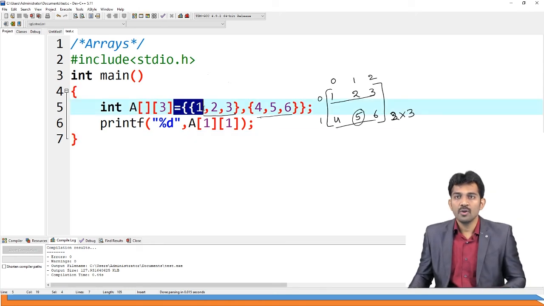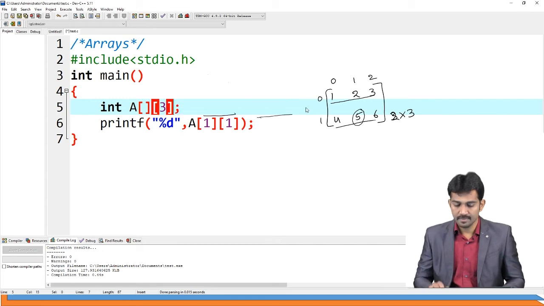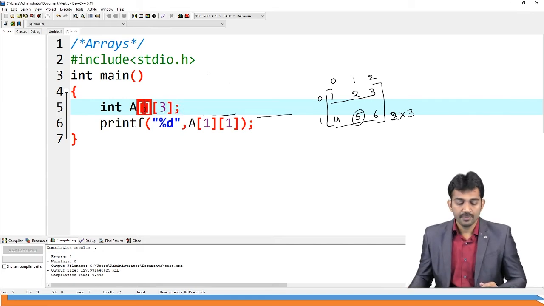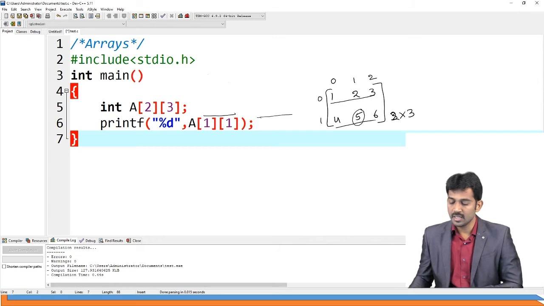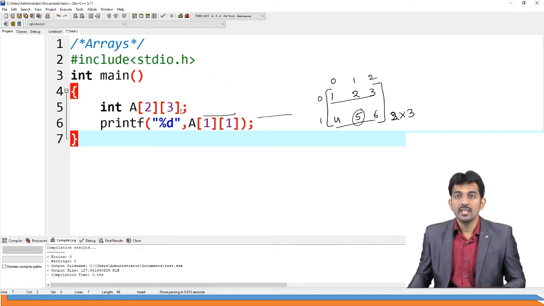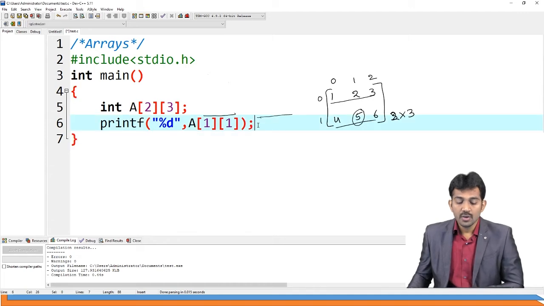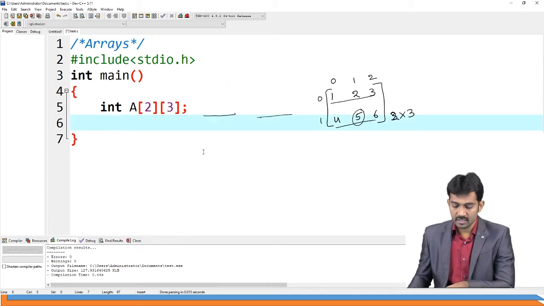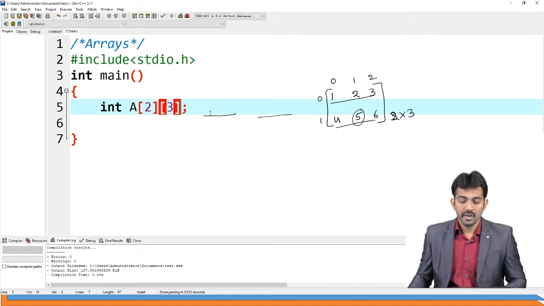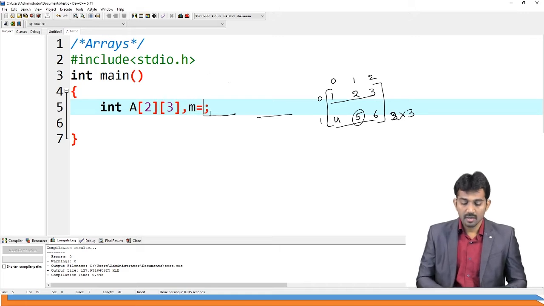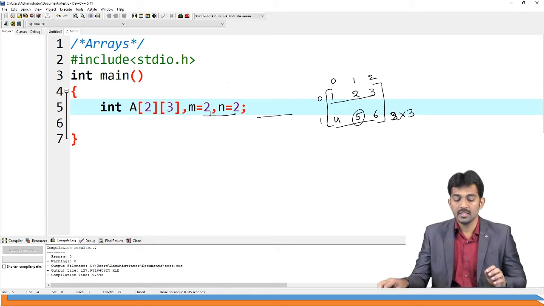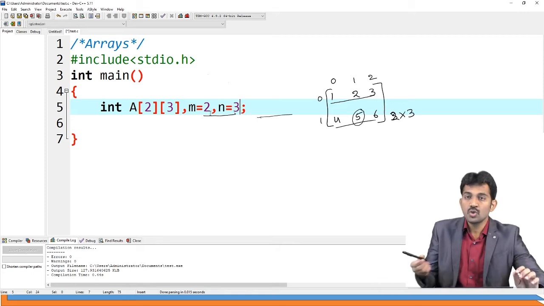Now we are going to concentrate on how to read data. Up to now, we have seen initialization. Earlier, you used only one for loop to read data. Now here you require m equal to 2 and n equal to 3, meaning a 2 by 3 matrix.